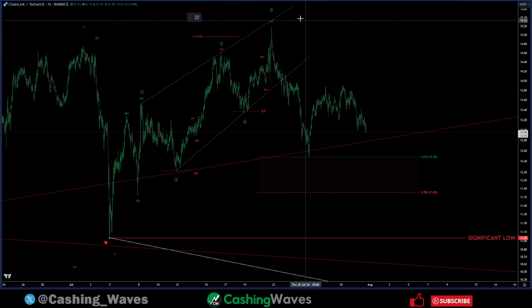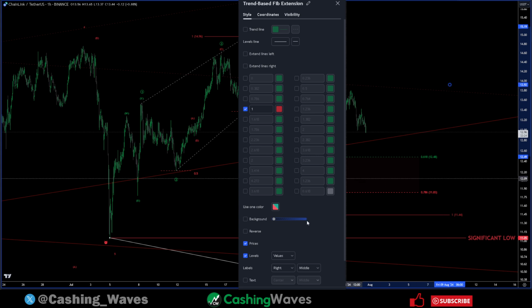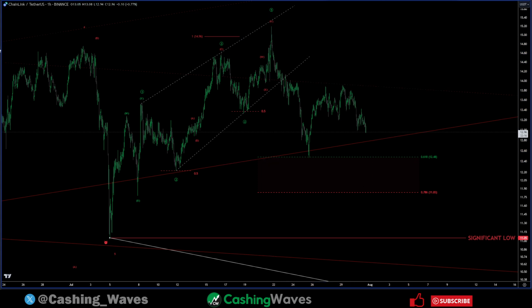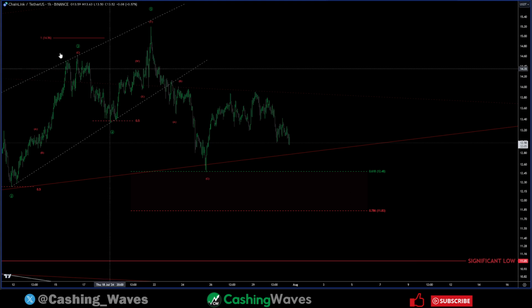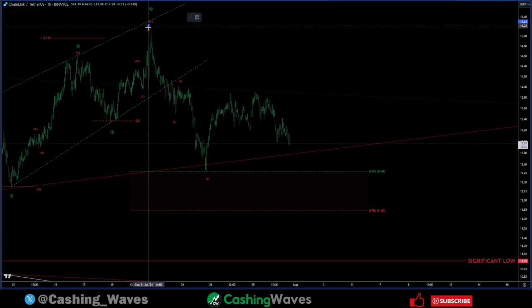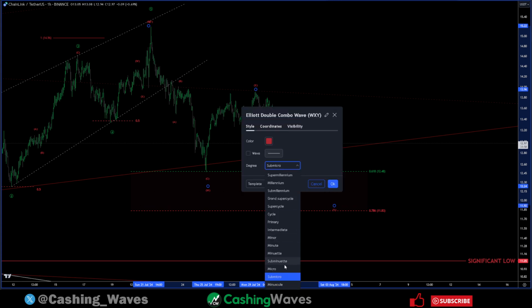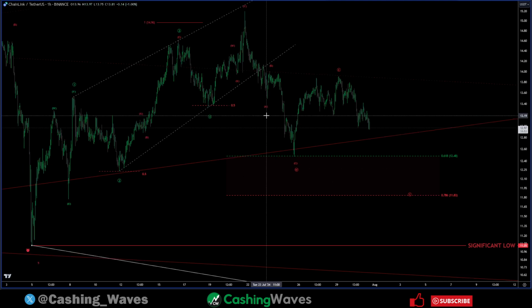Now, I want to see where the one-to-one lines up here. A little bit past that, but again, the 618s are minimum, so around 1233s are minimum. So we'll label this as an ABC for now. And we're looking for another ABC. Move that up to primary. So we're looking for an ABC,